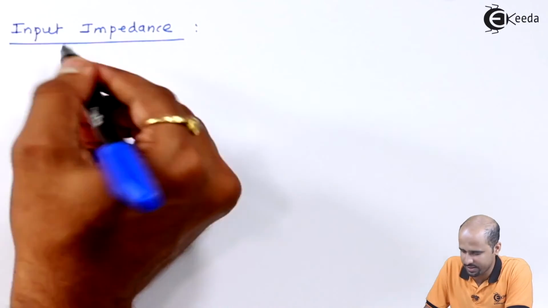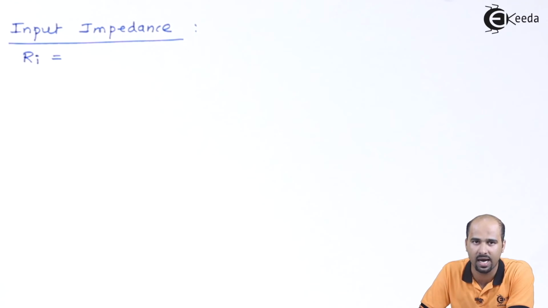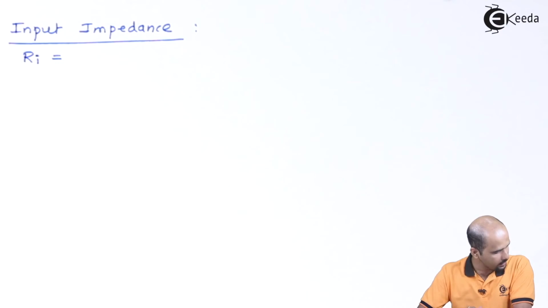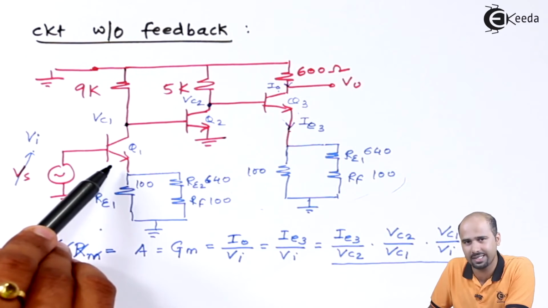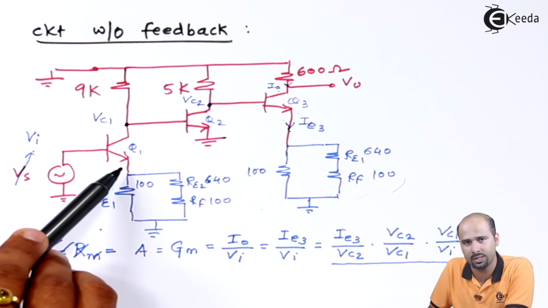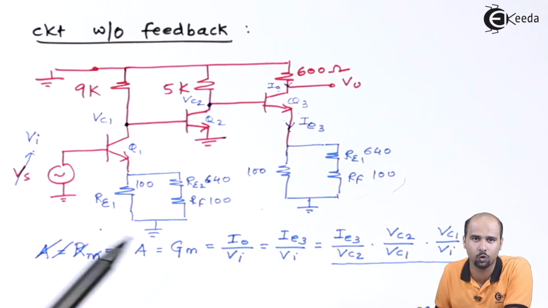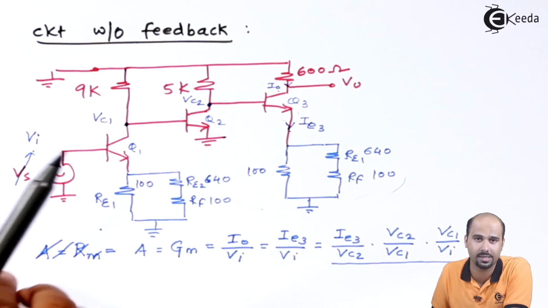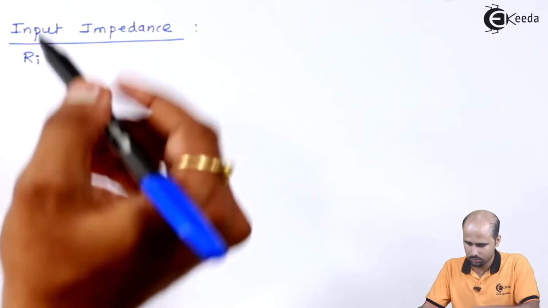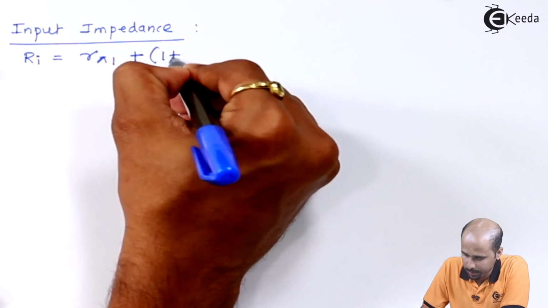Now things will become very simple once we get the value of Ri. As far as Ri is considered, Ri is calculated by using the without feedback circuit. From the without feedback circuit, we easily get that this is nothing but R pi 1, in series with this particular emitter resistance that we have to shift towards the base side, because input is being calculated with the base current. So we will say this is nothing but R pi 1 plus 1 plus HFE